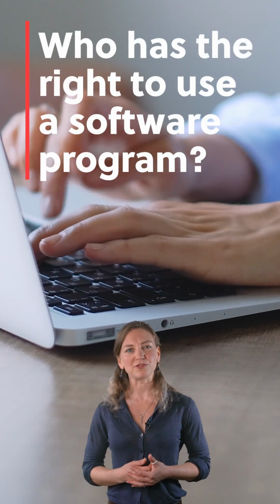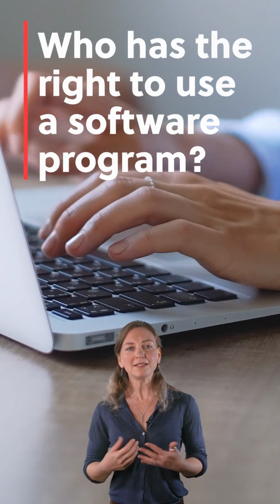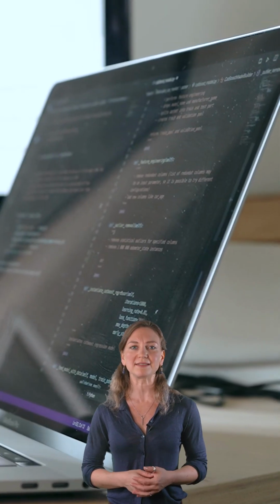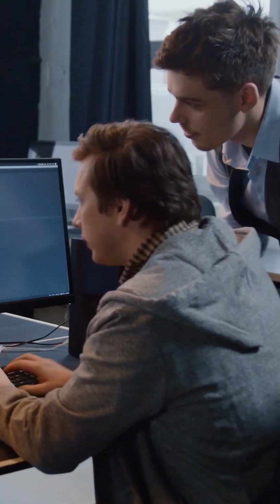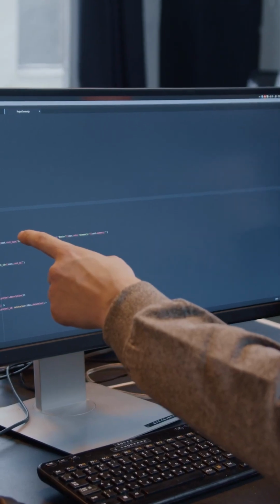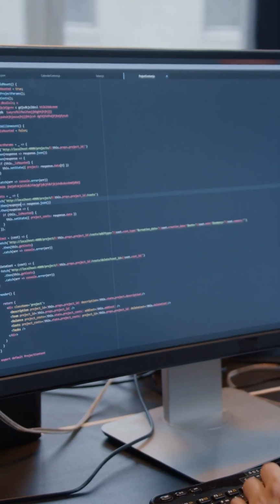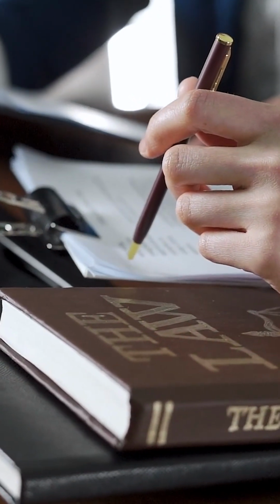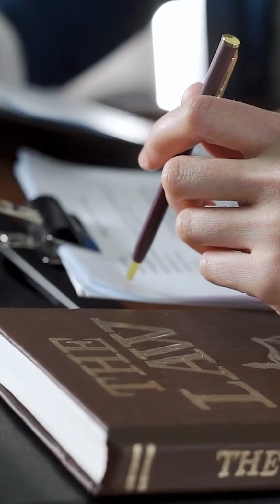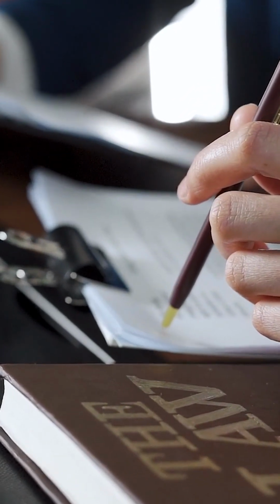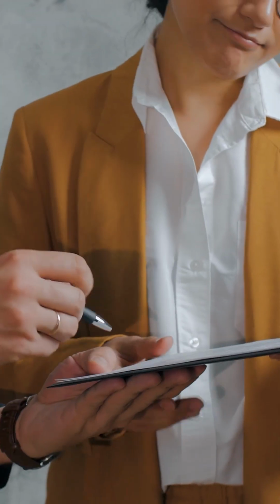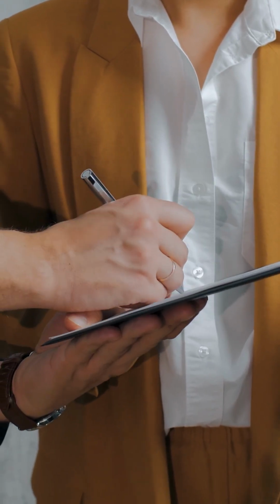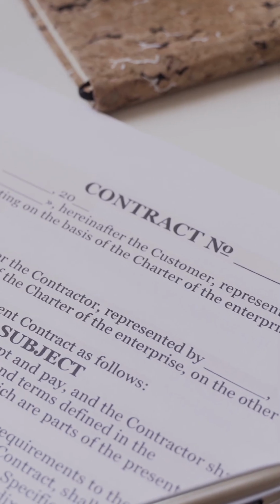Who has a right to use a software program? Typically, usage rights belong to the author, who decides under which license to release the code and controls if and how others can run the software solution. However, if the computer program is created within an employment context, the rights to use, modify, adapt, and sell the piece of software are assigned to the employer by law. If a client commissions a software program to an external developer, the rights to use must be determined by the